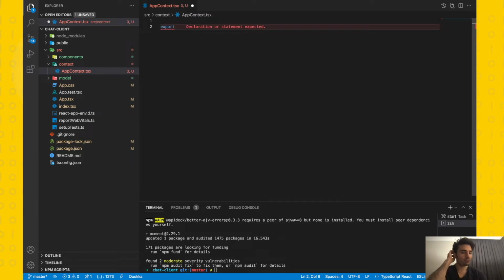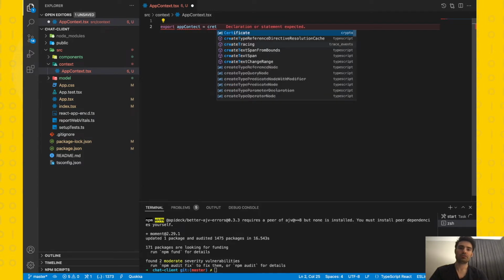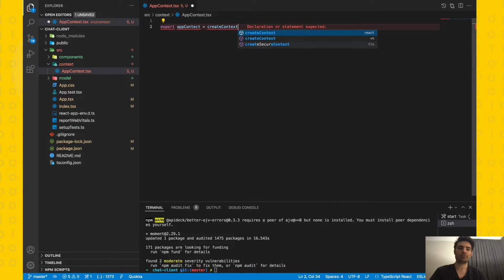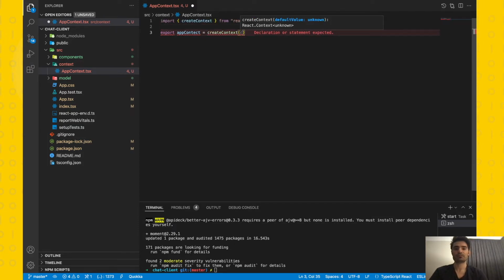I want to export my context, so I'm giving the keyword export. We will be using the createContext helper method from React. We are not going to use any third-party libraries such as Redux. We are just creating a simple app, so the context is